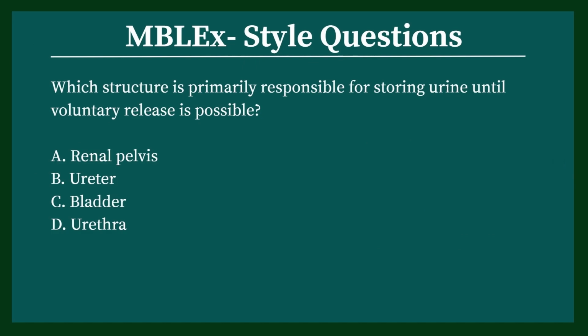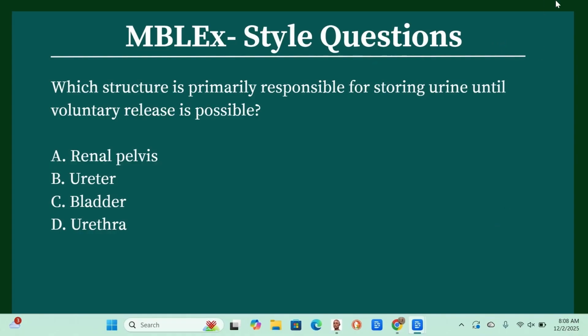Okay, so that's all the information that we need to know. Now it's time to get on with our MBLEx style questions. Here we go. Which structure is primarily responsible for storing urine until voluntary release is possible? What structure is going to store urine until voluntary release is possible? A, renal pelvis. That was the part, in the hilum of the kidney, where a lot of that filtrated